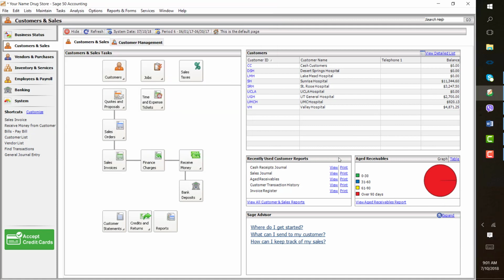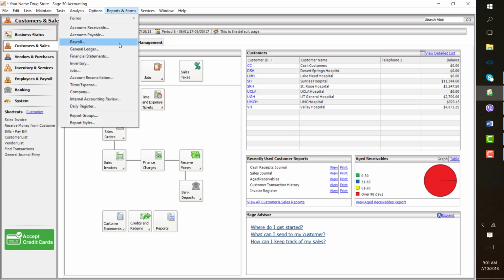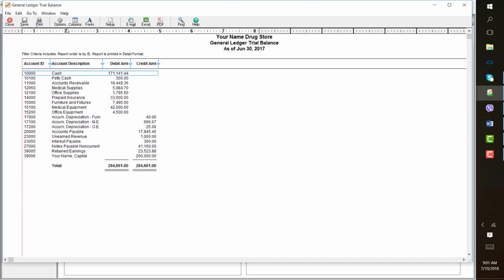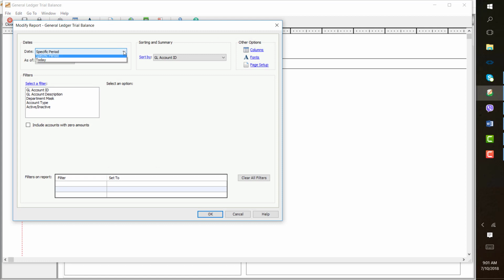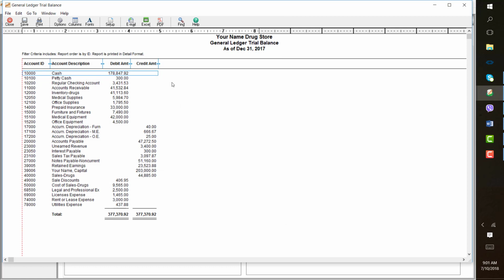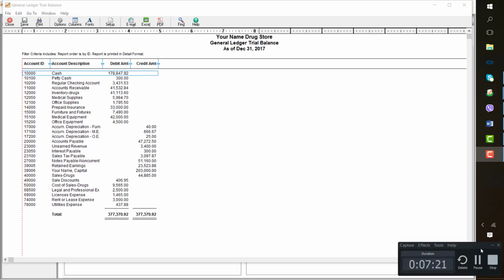It is important that you have recorded everything and verify your general ledger trial balance. Again, on reports, click your general ledger and double click your general ledger trial balance, and options, click the specific date of December 31 of last year and click your OK. Verify that the individual account balances match your end of chapter 9. Then you'll become